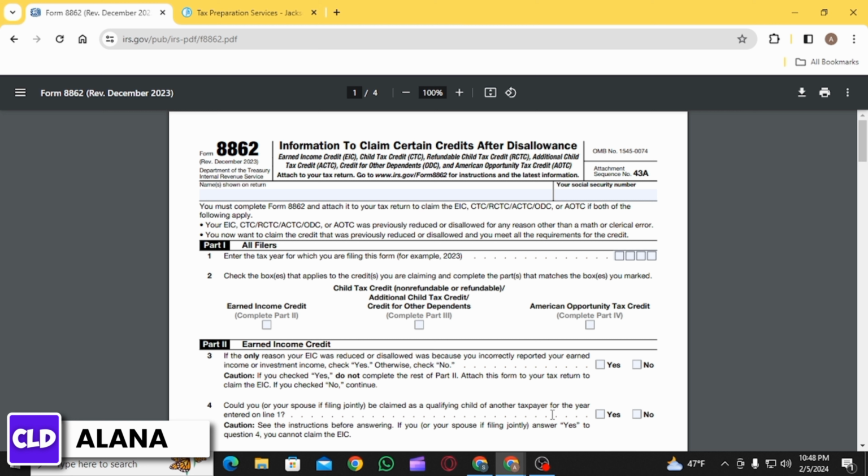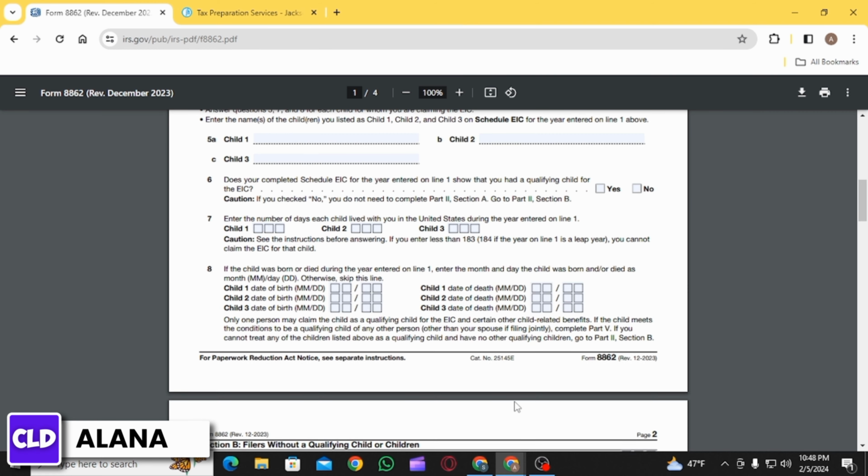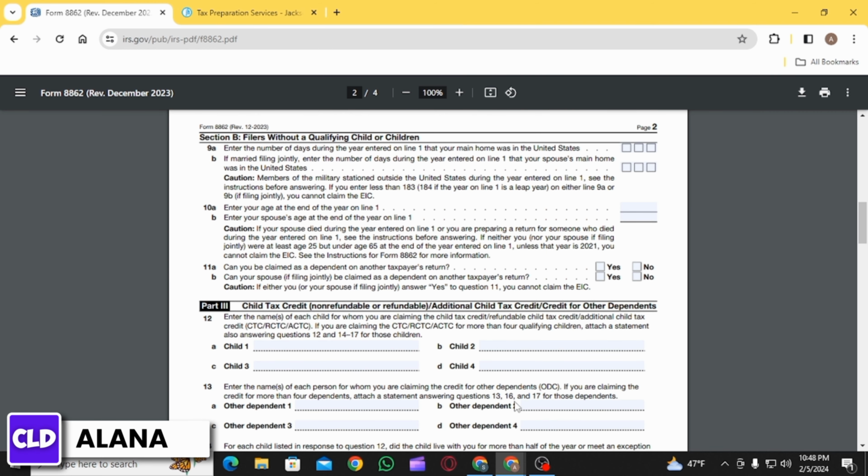Form 8862 is used in relation to the Earned Income Tax Credit in the United States. The Earned Income Tax Credit is a refundable tax credit designed to provide financial assistance to low to moderate income working individuals and families. Form 8862, titled Information to Claim Earned Income Credit After Disallowance, is used when a taxpayer's